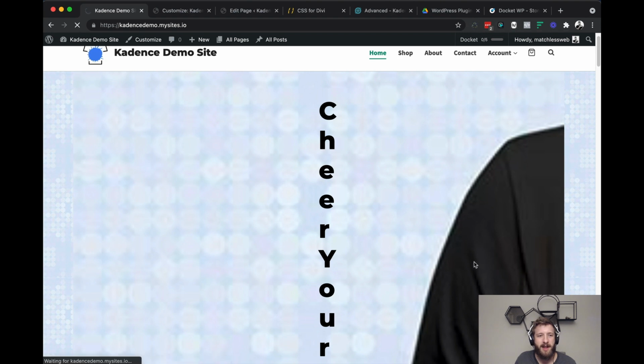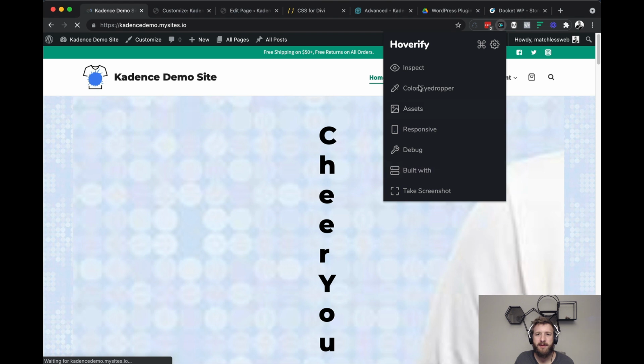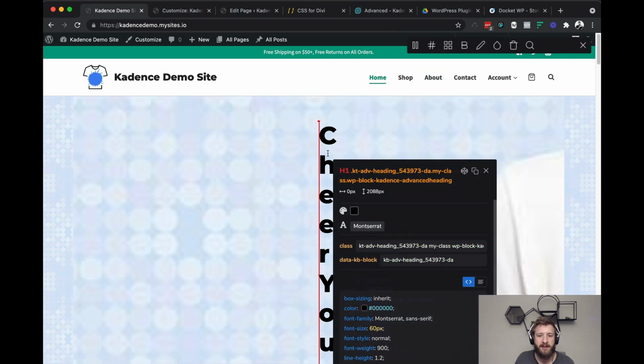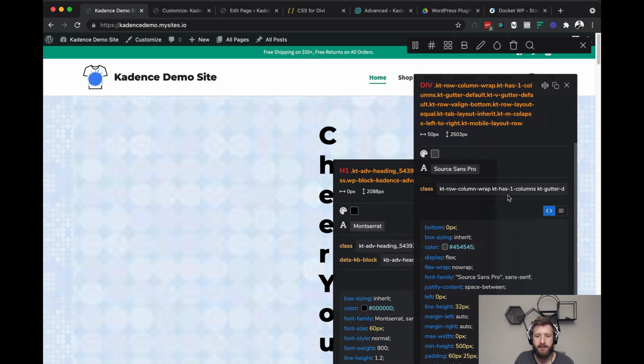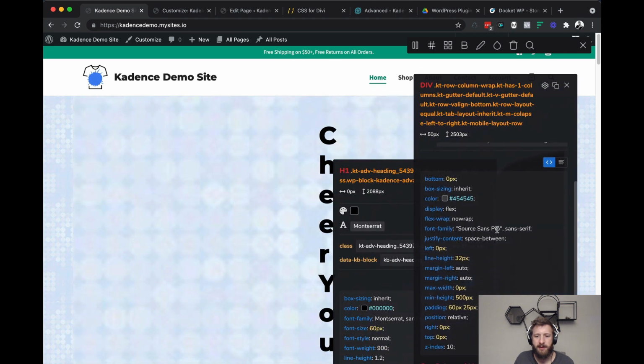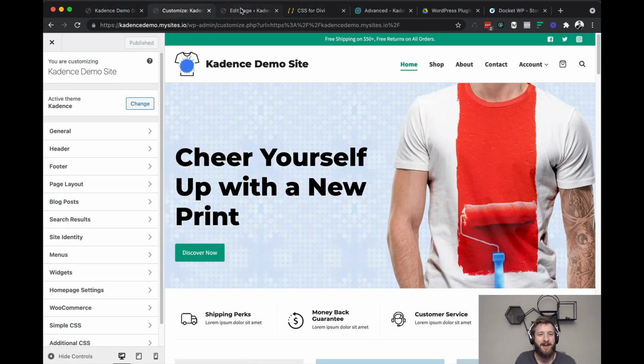Some setting I adjusted somewhere has made that go funky, and I don't remember what it was. Hang on, we're troubleshooting on the fly. All right, the div itself. Max width is set at 0 pixels. That would do it.